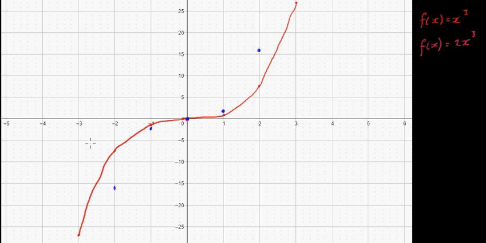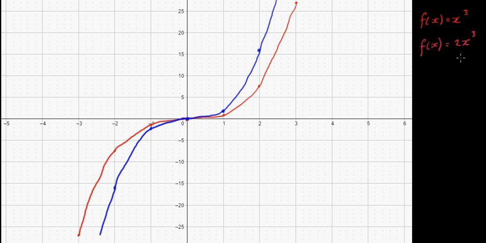If we put in -3, we're going to end up with -27. So our function really is going to look something like this. Our graph of this function is going to look like this. Again, it'll flatten out here at 0, and then it'll come down here and go down to -27. So you can see what happens here when we put in